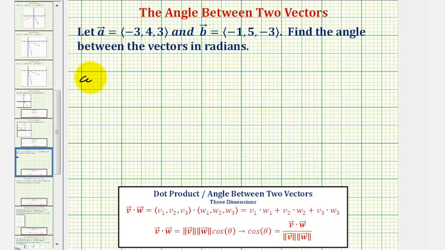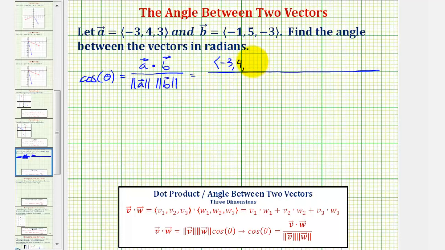So in our case, we'd have cosine theta is equal to vector a dotted with vector b divided by the product of their magnitudes. So our denominator would be the magnitude of vector a times the magnitude of vector b. So again, we'll have vector a in component form dotted with vector b in component form